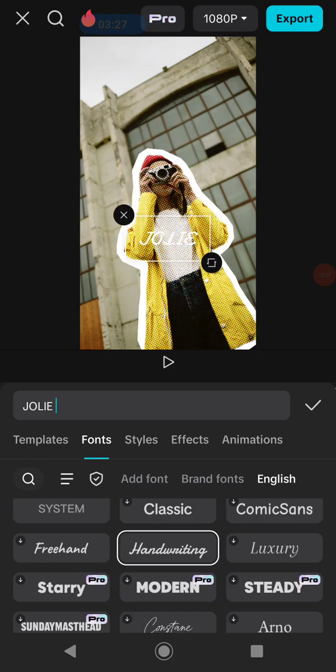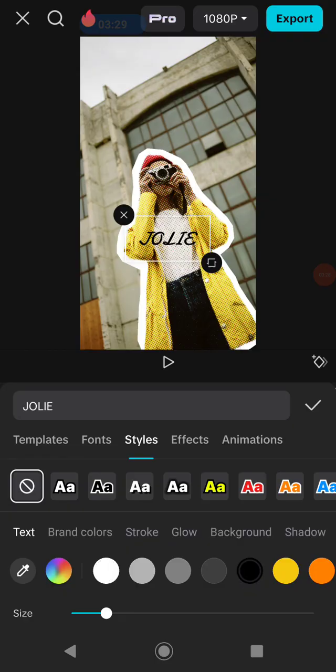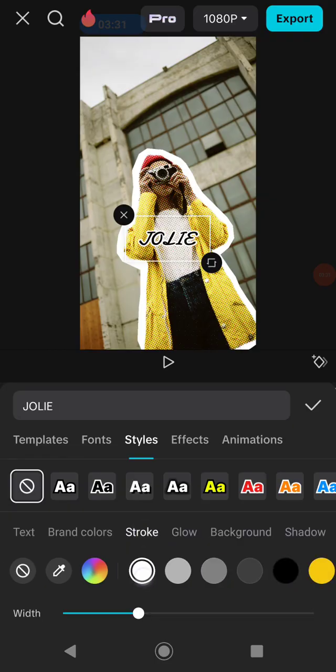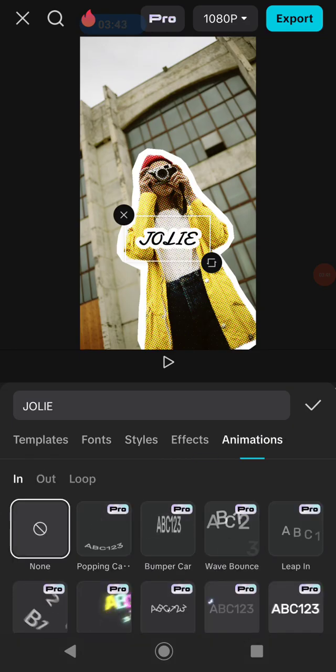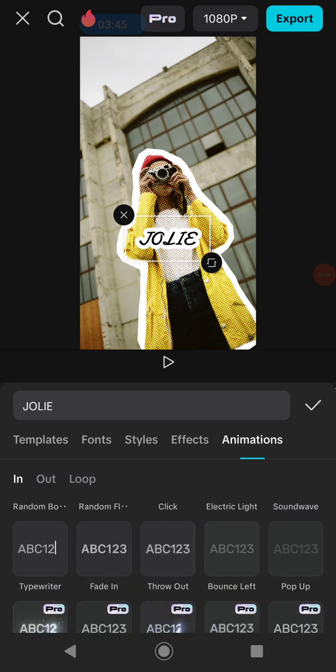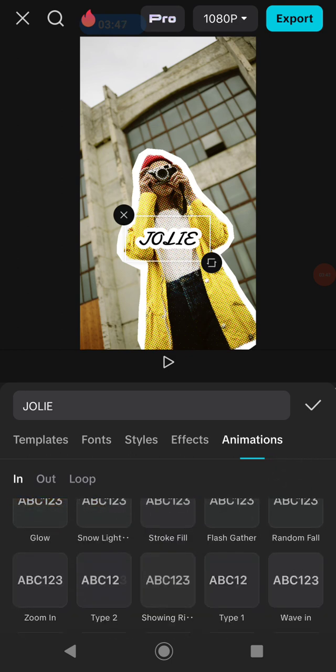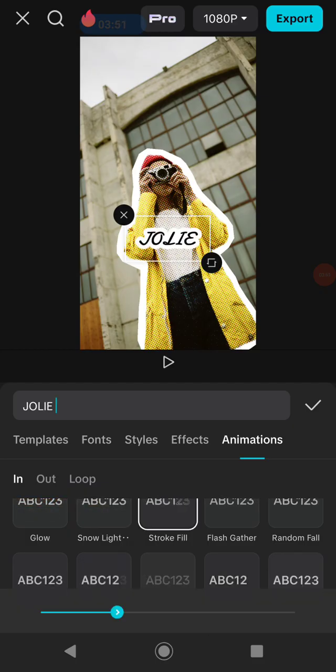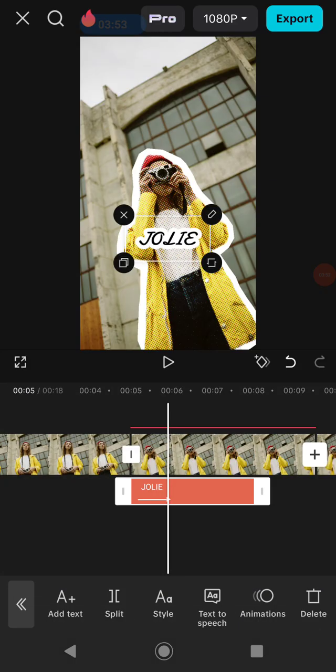and then go to style, change the color of it. If you're willing to add a stroke maybe to make it much more bold, or I think it's not needed. Okay, kind of like this. Then go to the animation and you can add an animation onto it to make this effect more interactive. So I think I will put it here. Okay, and then